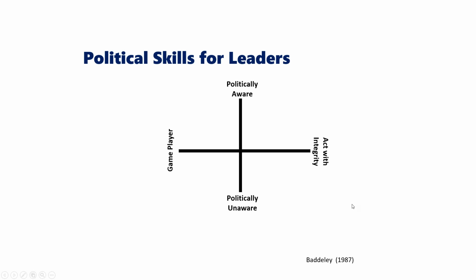So that's how the model's set up. And then what we have in the 4 quadrants, 2x2 matrix, a typical model, we have people who are clever. People who are clever are people who are game players, who are politically aware. So they're all very astute about the impact of their political impact. But of course, they're always doing things for themselves rather than other people, and that's why we refer to them as a fox.